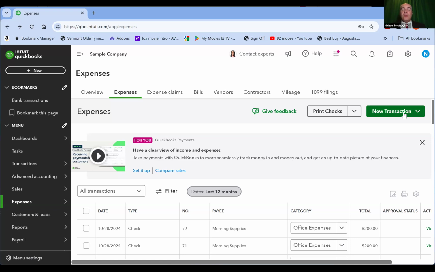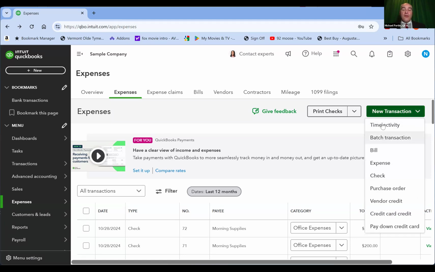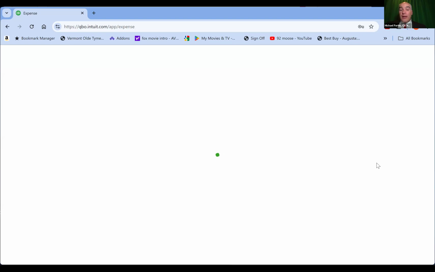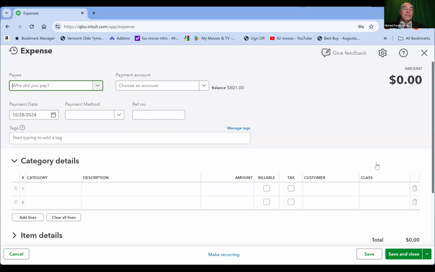So I'm going to click New Transaction. And you see, out of all these selections, which one would line up with debit card? I'll just put expense. The expense is kind of like the generic, it's the 4th one down, a generic catch-all. And it will open up an expense form. It'll look very similar to the Write Checks window that we looked at. The only thing different is in the upper left-hand corner, instead of it saying check, and having check number 71 there, or 72, it just simply says expense.